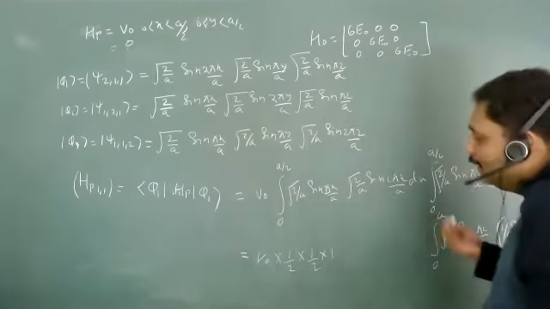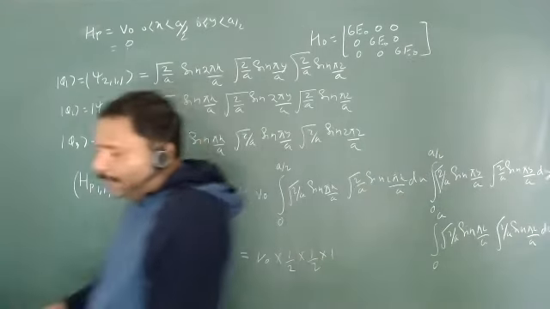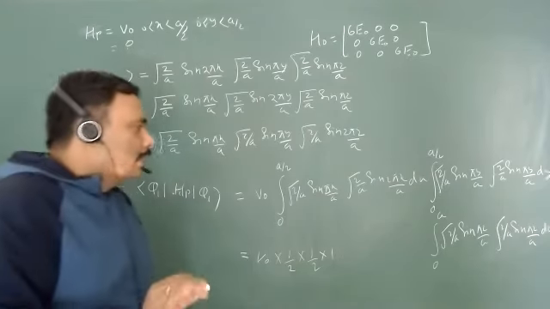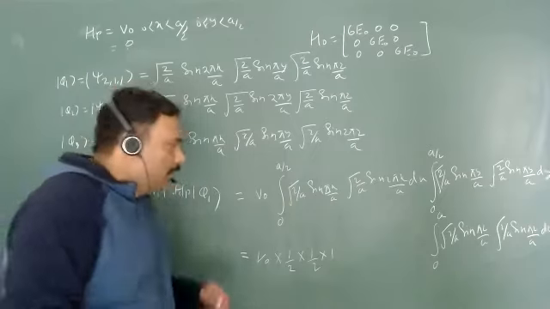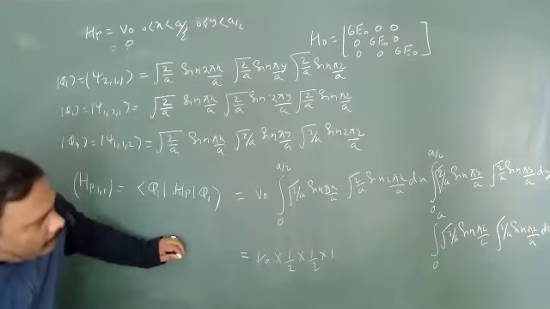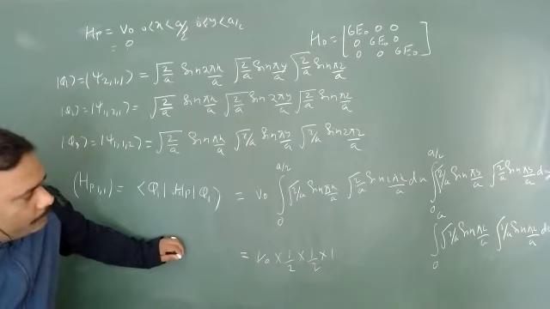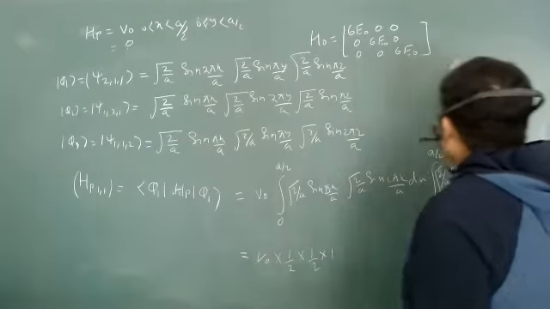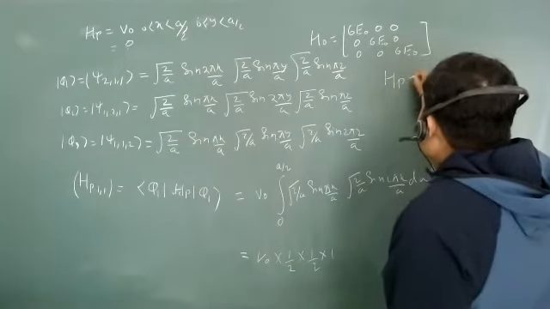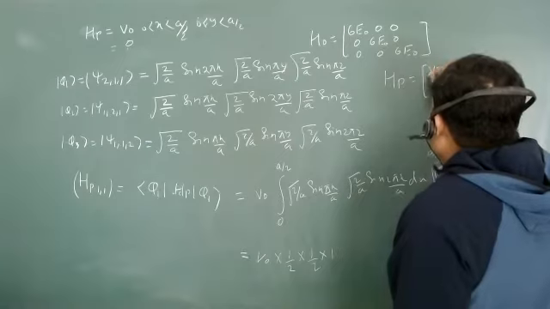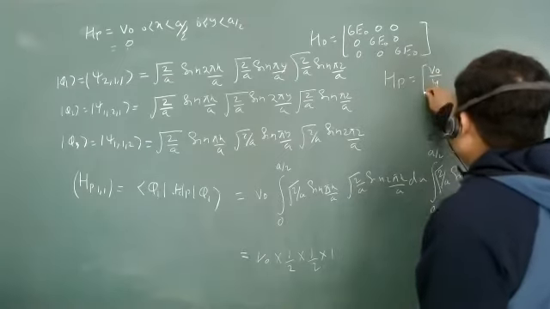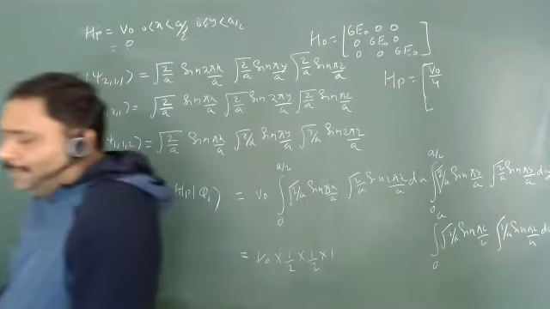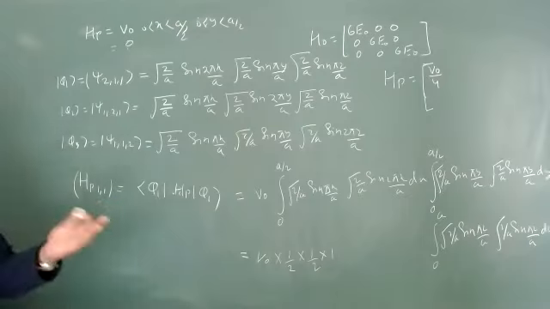So you have to be very intelligent when you are doing the integration. Very few times do you have to do all the integration. Otherwise, you can do it with the physics. If you understand the physics, you can easily do it in a very nice form. Are you getting my point? So my first element is all about V0 upon 4. Similarly, we have to calculate each and every element. But yes, there is symmetry, so you have to calculate only 2 and 3.